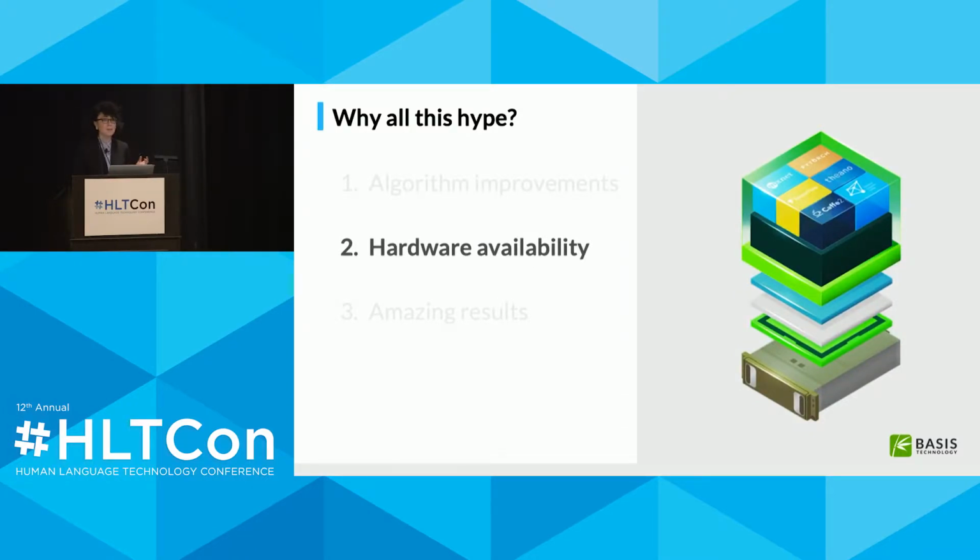Second, hardware availability. These deep learning models are really big, and they take a lot of computational power to train and run. It used to be that this training could take days, if not weeks. That time frame has shortened significantly, in part because of the availability of hardware that can support these processes. We're seeing on-premise GPUs become